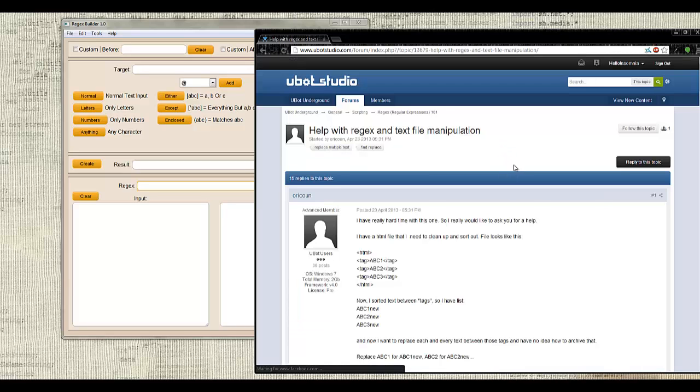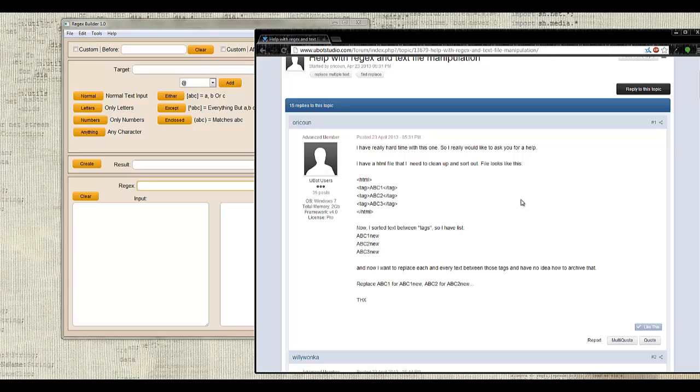I've never even clicked on this thread before, so I'm not really sure what this is. I have an HTML file I need to clean up and sort out. The file looks like this, sorted text between tags. So if he just wants to extract the text between the tags here,